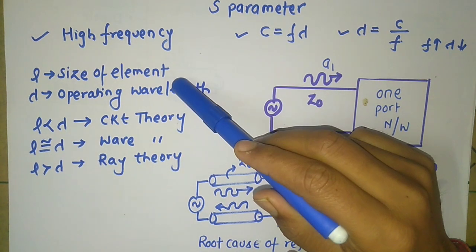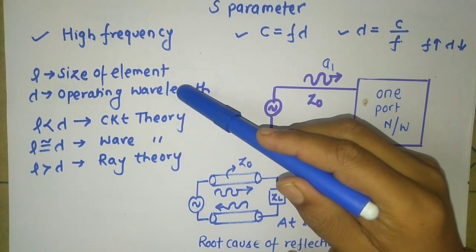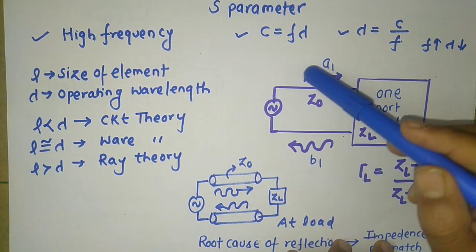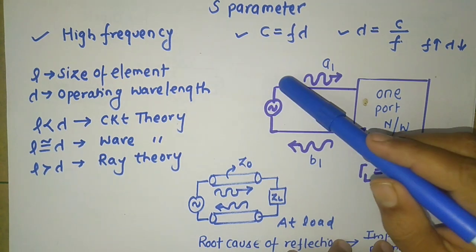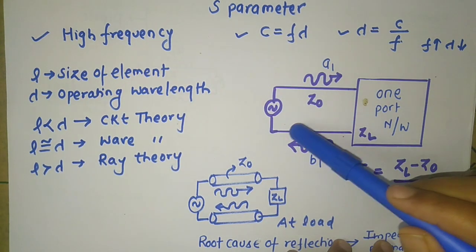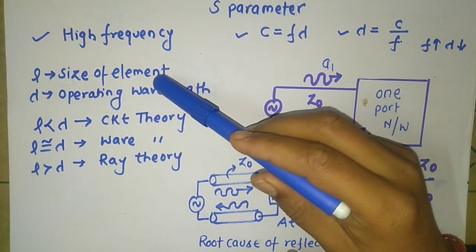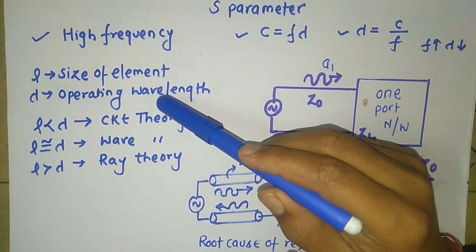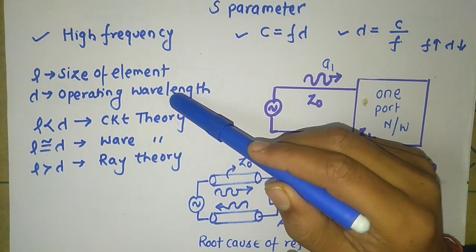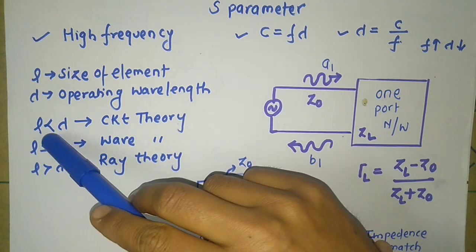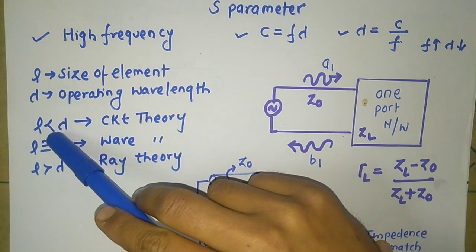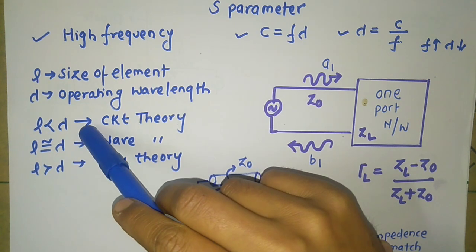I have already discussed the 3 regimes, and you can watch them in my transmission line playlist. There is one thing: L is nothing but the size of the element, and lambda is the operating wavelength. If the size of the element is less than the operating wavelength,